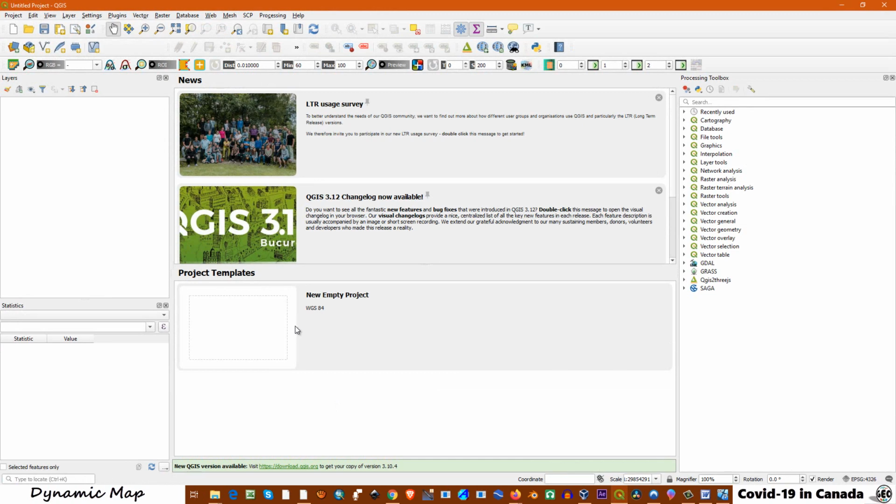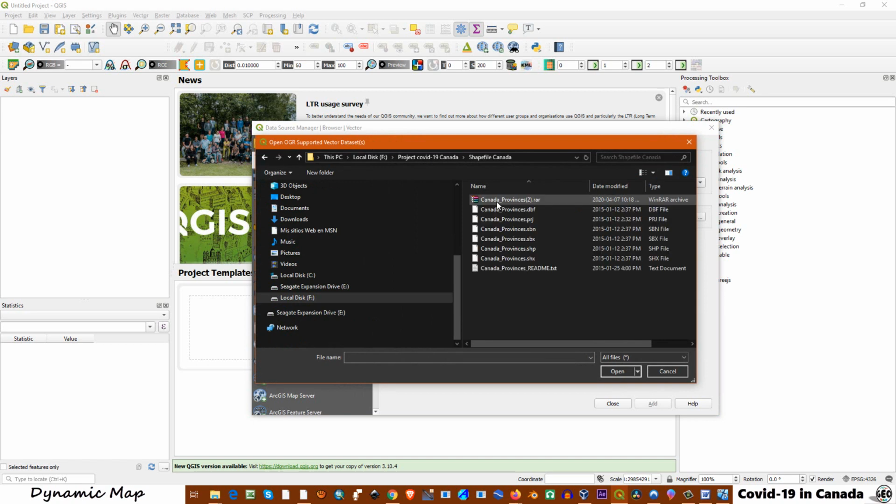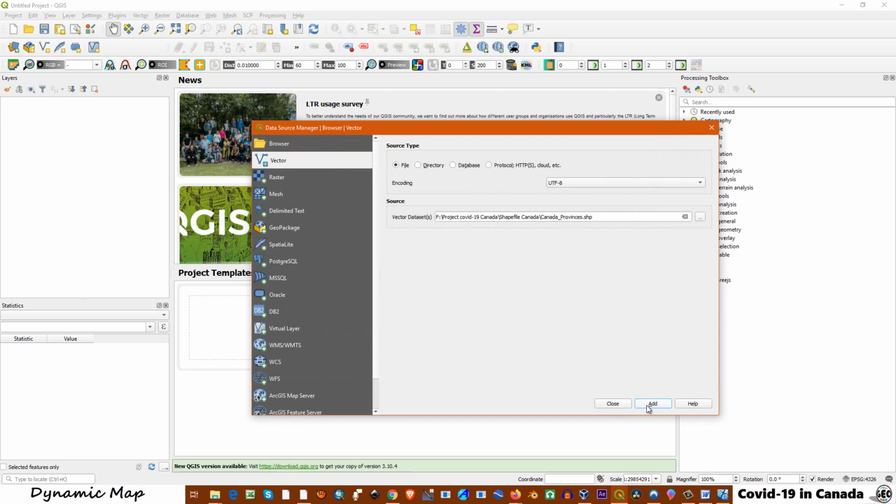Now I'm going to open the shapefile. Just click here, select vector, and now let's look for the folder with that file. This is the folder and this is the file. Let's open, add,